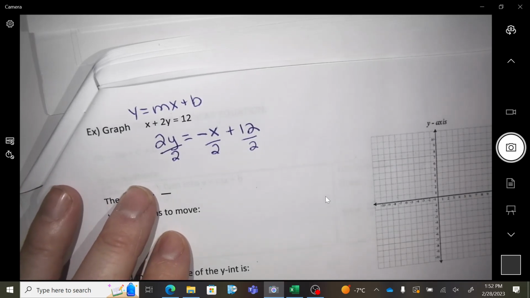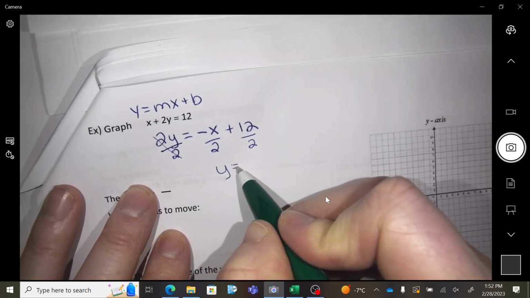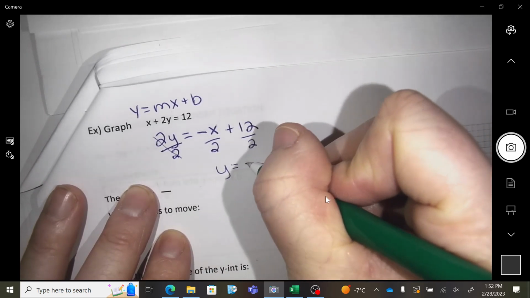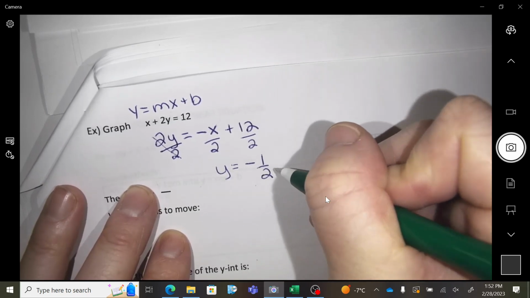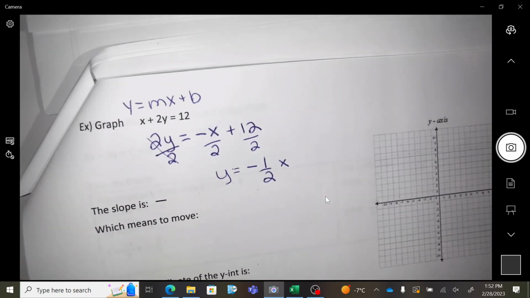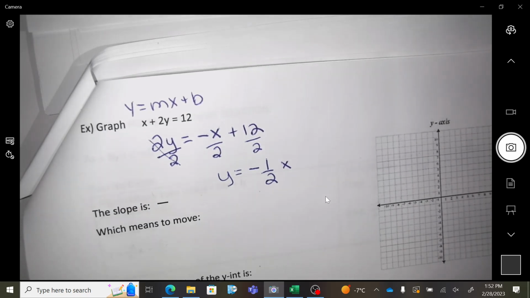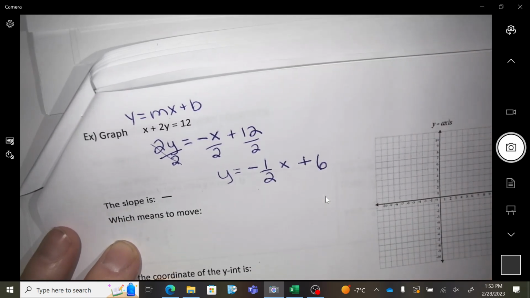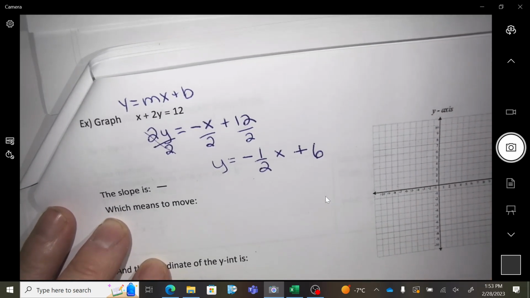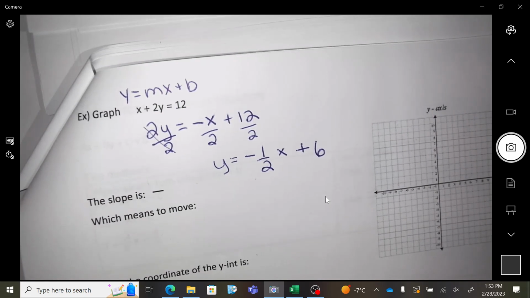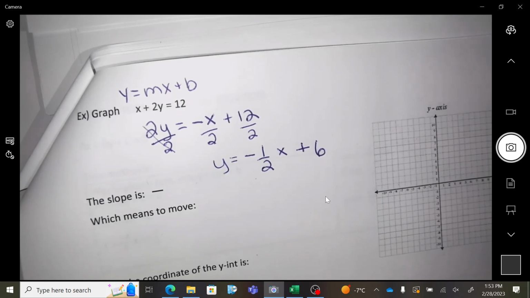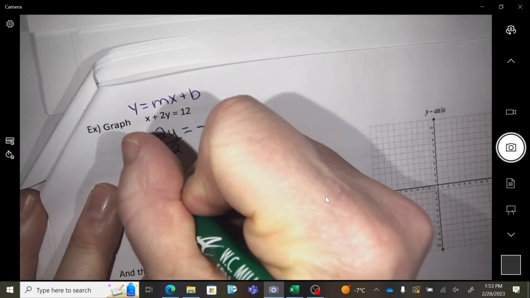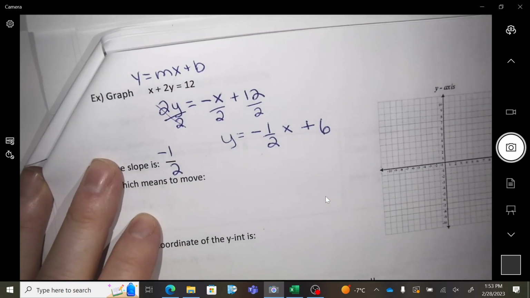So how does this look? Y equals negative a half x. Do you see that number? Negative a half. Can you see it? Because it was a negative 1, and then there was a divide by 2. And then plus 6. Are we okay with my algebra? Yes. Move x stuff over if you need to. Make sure you divide and divide everything. So negative 1/2 is the slope number now,